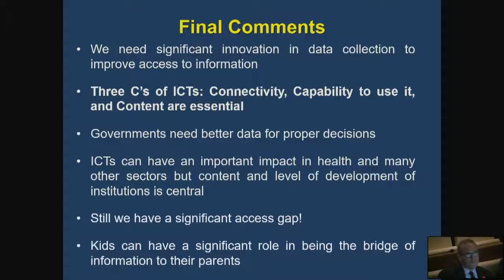So just to finalize and to keep my time, what I am trying to say is that we still need a lot of innovation to be able to go around the problem and not go through the standard procedure to be effective and move fast. The three C's are important, but we need to carefully move in parallel. I don't think it's sequential. And I think the way to move in parallel is to provide enough supply of that information or different ways of content so that people can have a choice over it and pick what is better for them. We still have an access gap, and again, if we can jump the problem of capability through kids as messengers, I think that could be a very useful mechanism.